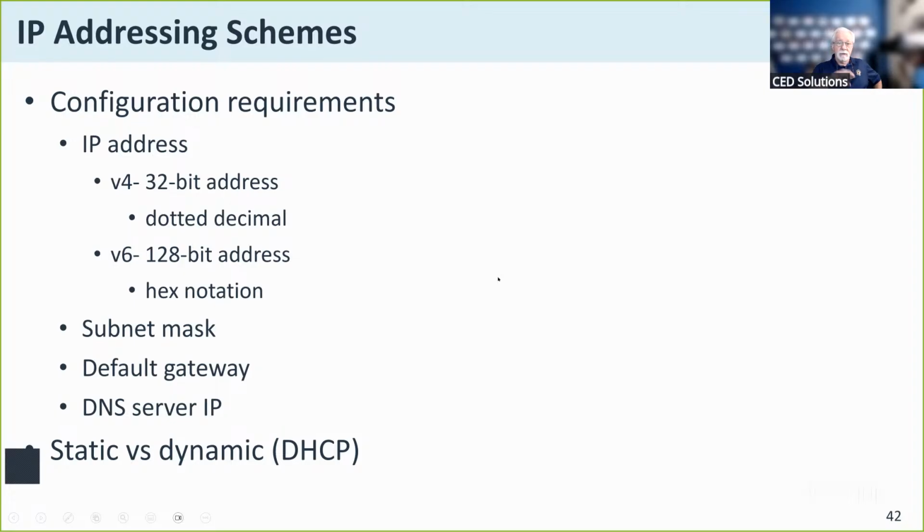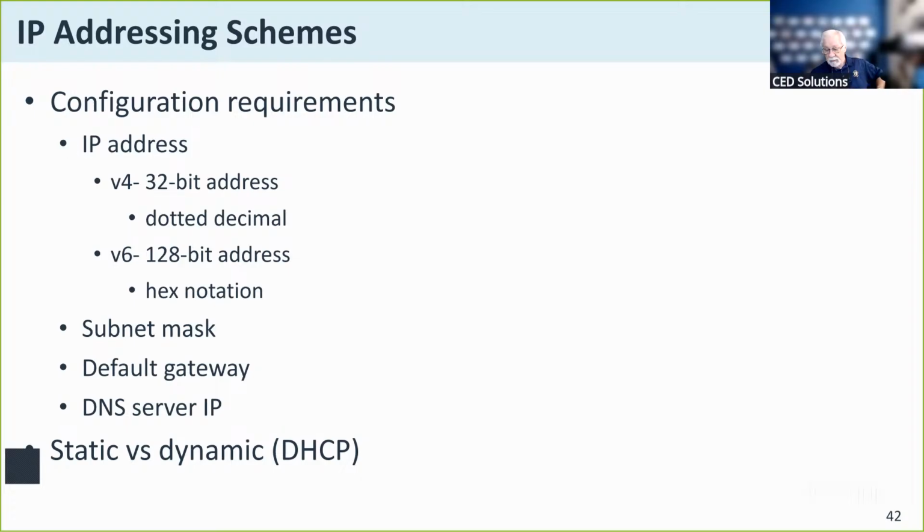You can configure the IP configuration on a network system at the network interface card level. You can configure it statically, where you go in and you key all of the information in. And I'm talking about the IP address you select and assign to it, the subnet mask, the IP address of the gateway device, which is typically the router closest to you, the IP address of the DNS services, and those are oftentimes one and the same.